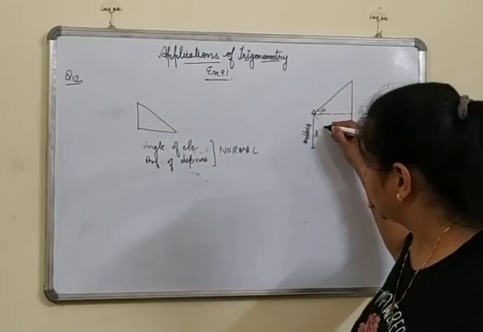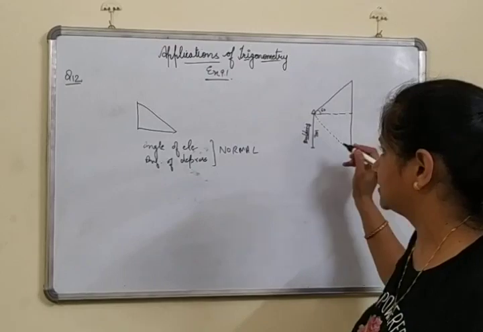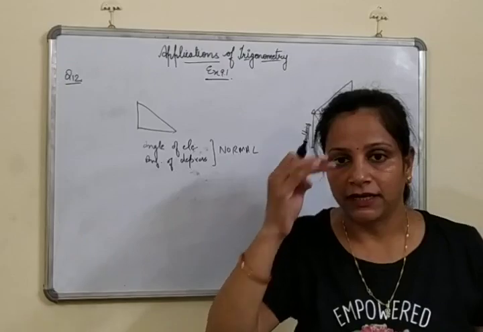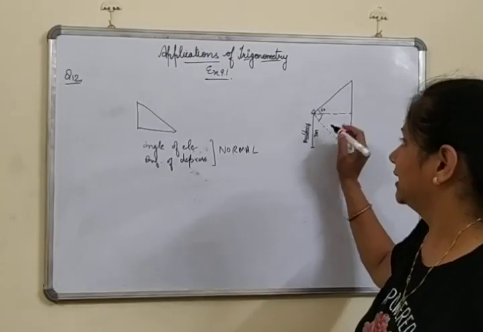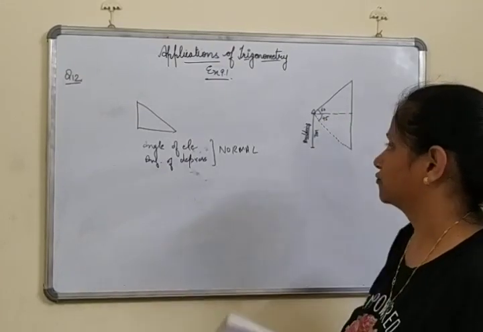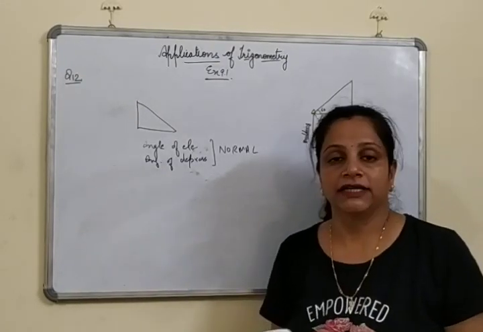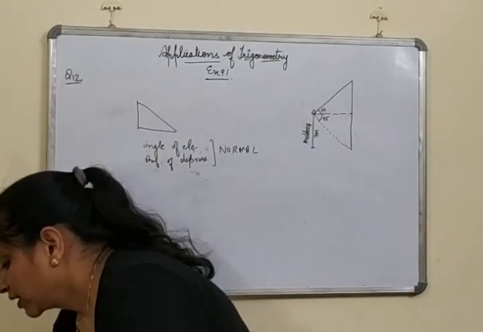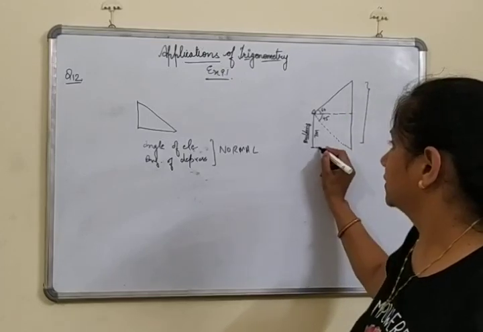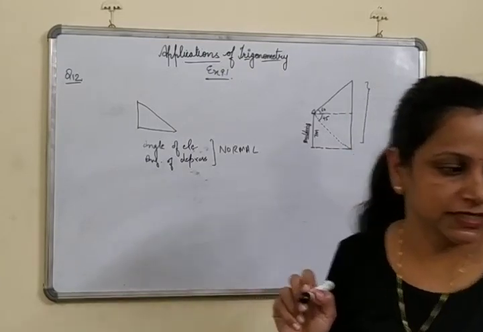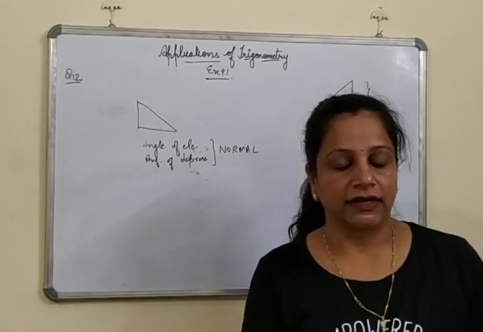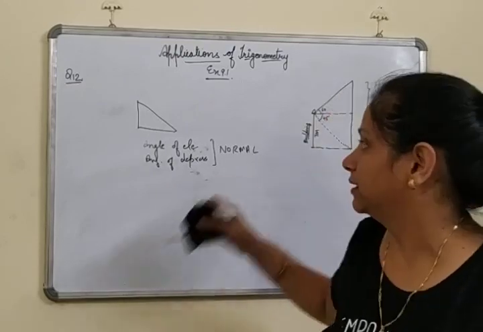And when from the same point the foot of the cable tower is seen, the angle of depression, the angle will be made from here, right? Whether it is made above or from here, the point will remain the same. So that is how much? 45 degree. That angle is 45 degree. Determine the height of the tower. What we have to find? We have to find the height of this tower. This is the tower, right? And this we join. I hope the question is understood, that in this case you are given a building and you are given a cable tower.